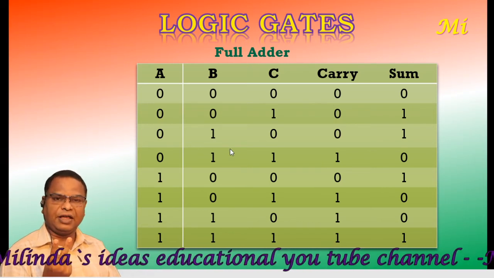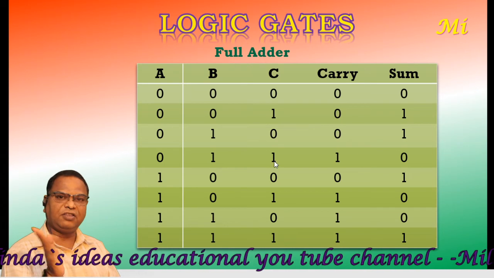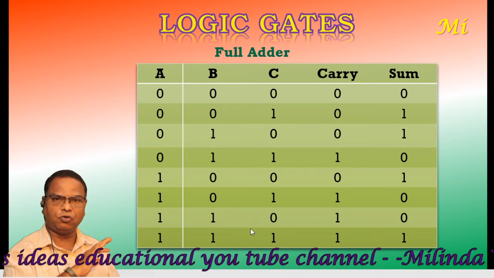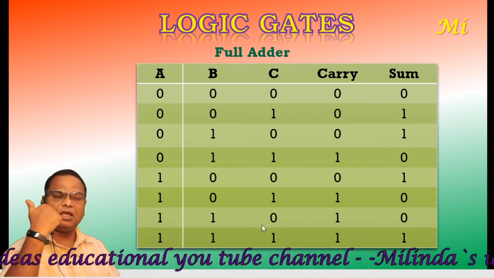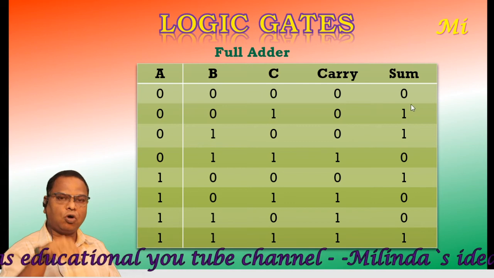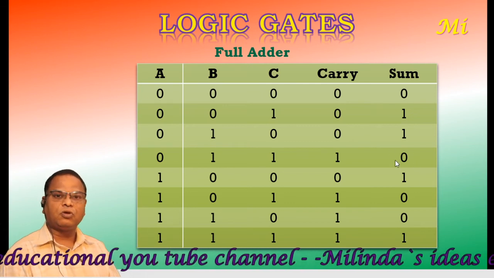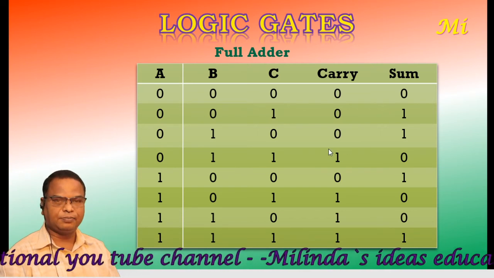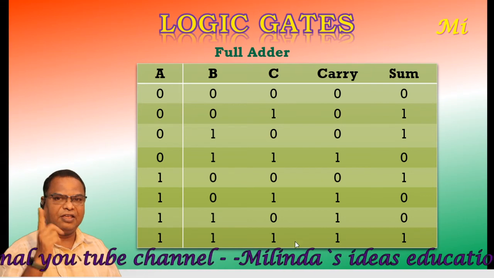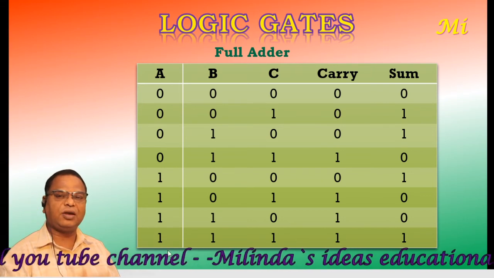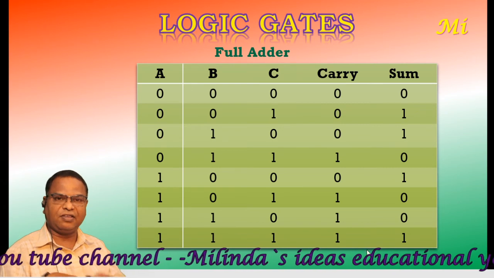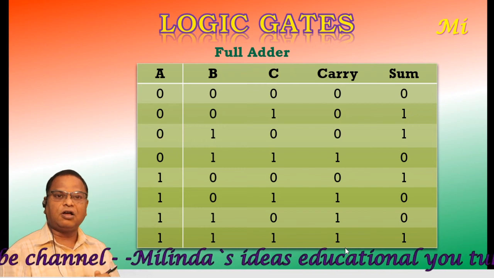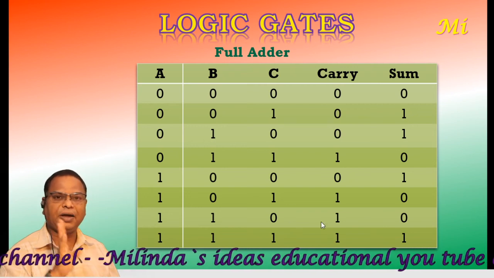When any two inputs are high, that is 0 1 1, 1 0 1 or 1 1 0, कुठली एक त्यातली केस असेल. In all these three cases, the output of XOR gate drops to low level, while the output of OR gate goes to high level. That means sum goes to low level, carry becomes high. And when all three inputs are high, A is 1, B is 1 and C is 1, the output of XOR gate, that is sum, goes to high level and carry also goes to high level. That is full adder, a circuit which is used for the addition of 3-bit binary numbers.